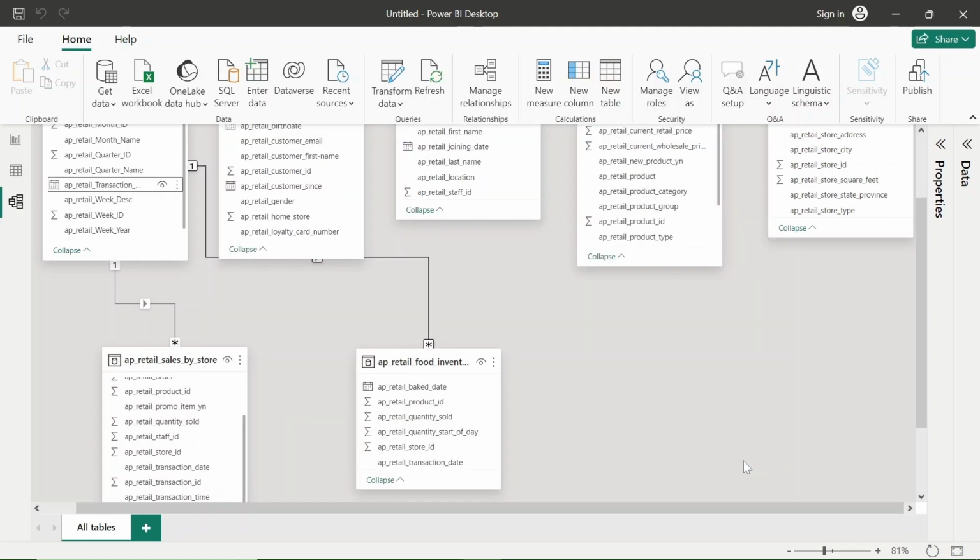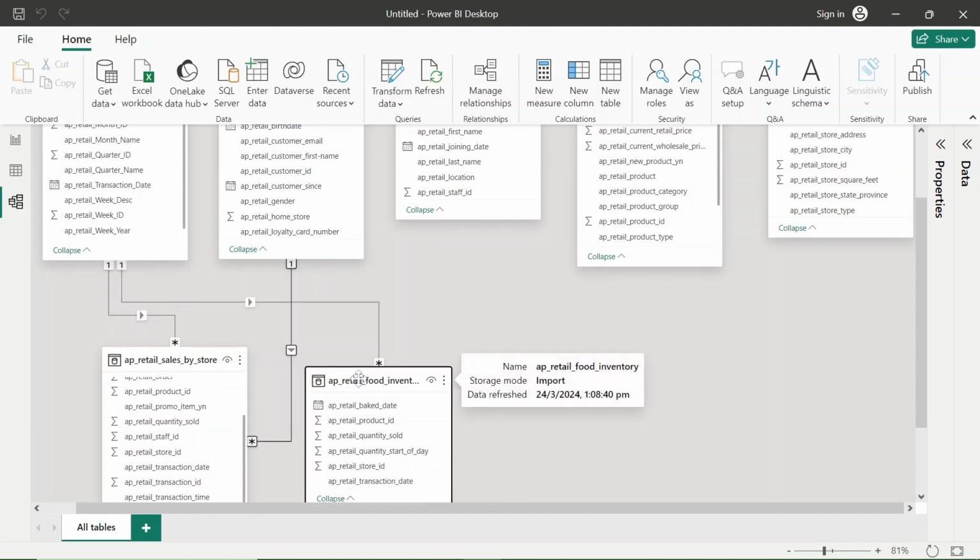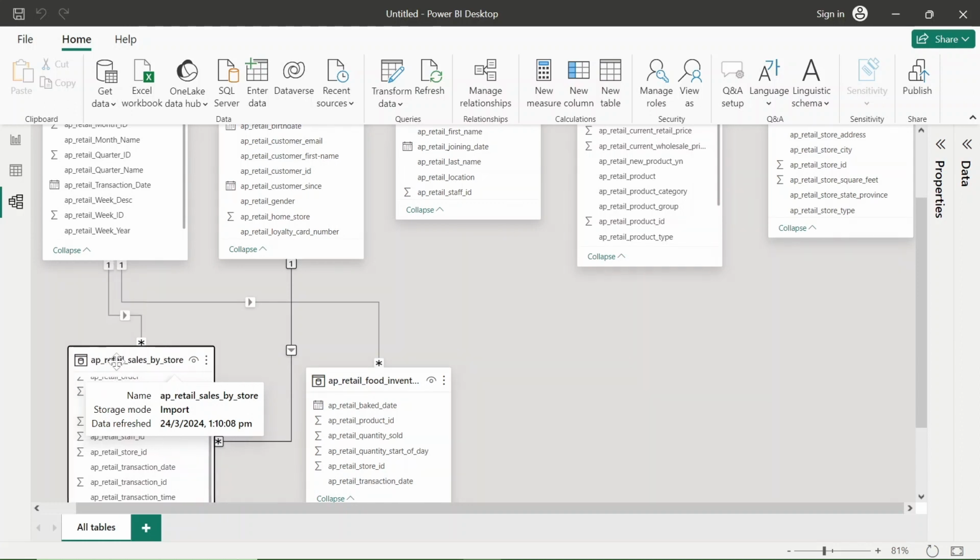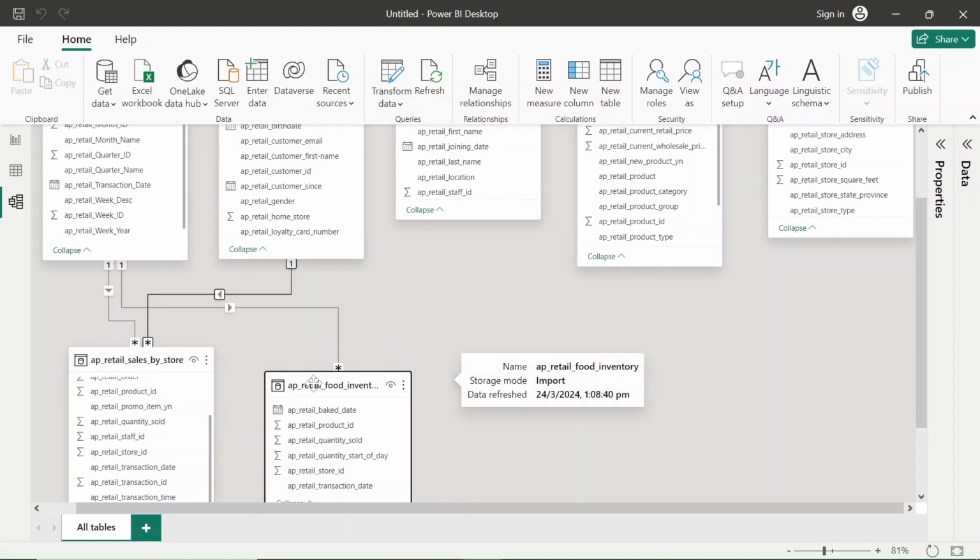Let me close it. We can see the relationship we are going to create. See, this relationship has been created successfully. Let me just put it here. See, it has been created.